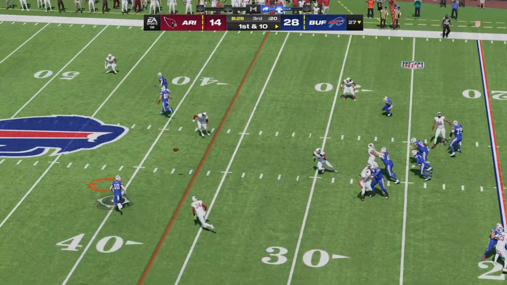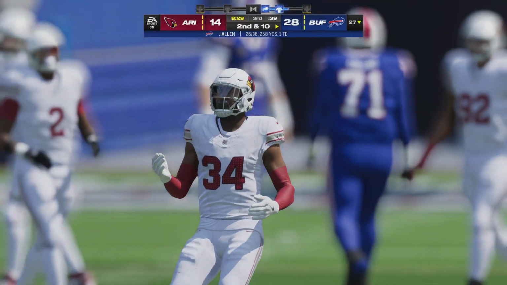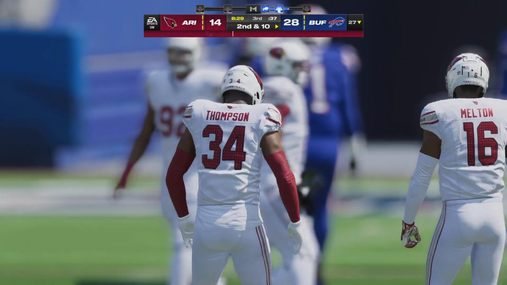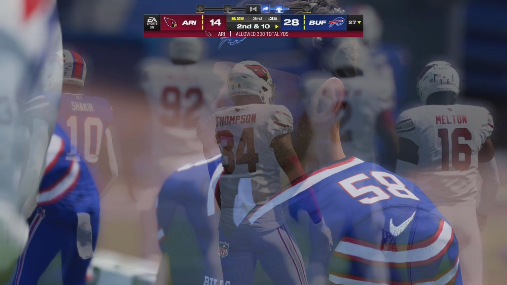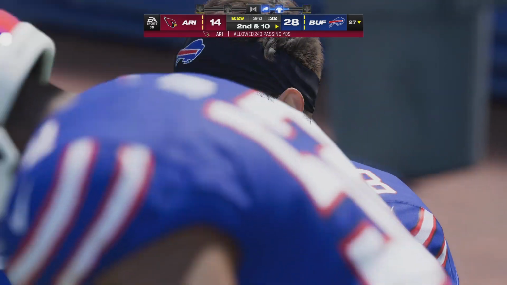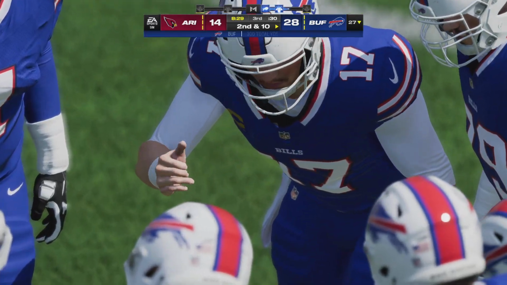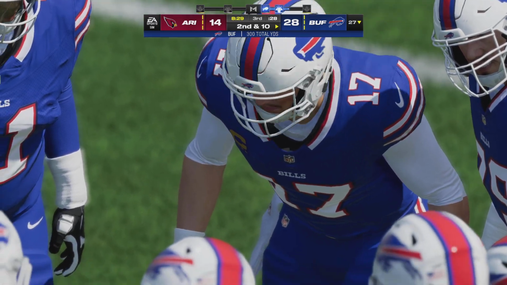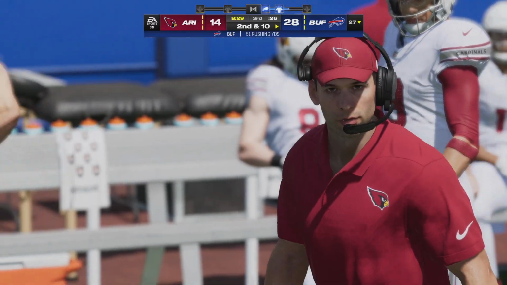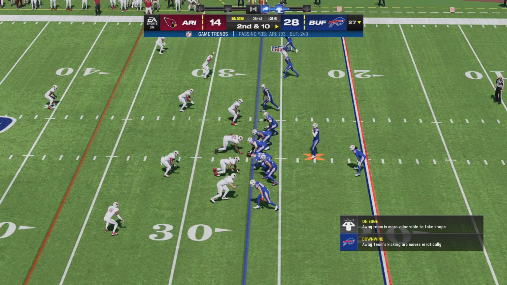So they fake the handoff. Now Allen. And that one too far in front. He couldn't reel it in. It's incomplete. I know coaches tell us all the time that having a powerful arm isn't the number one thing they look for in a quarterback. But when you're trying to throw inside routes and you need to put some heat on it, it helps to have the big gun. In this case, just a little bit too much.